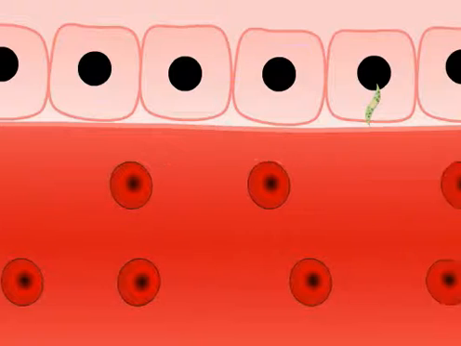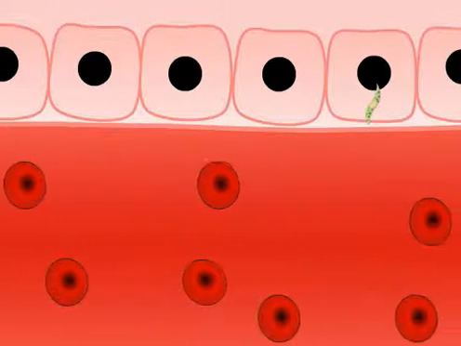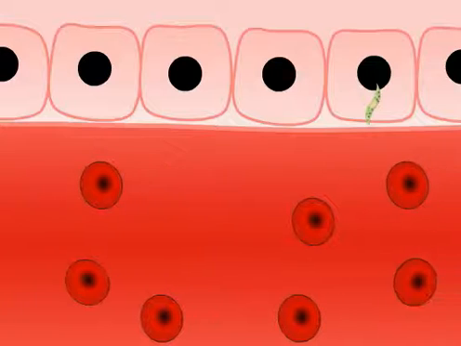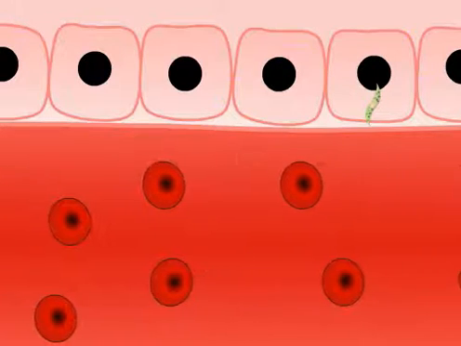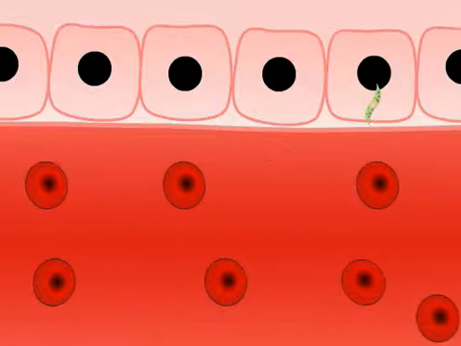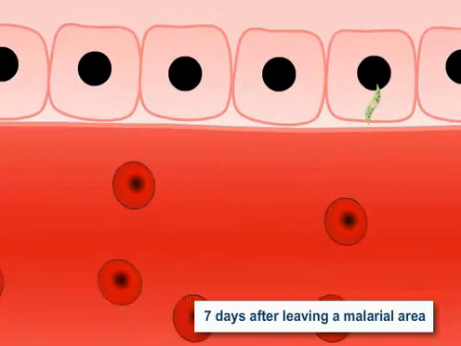The combination medication atovaquone plus proguanil, brand name Malarone, is an example of a causal prophylactic, preventing the development of liver schizonts. As this combination is a causal prophylactic agent, it only needs to be continued for 7 days after leaving a malarious area.